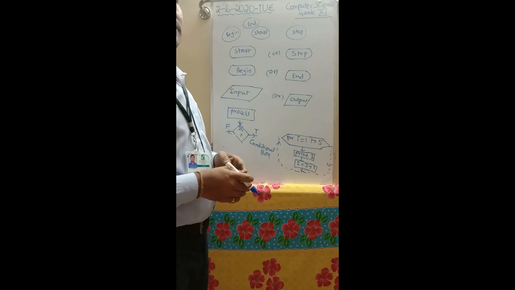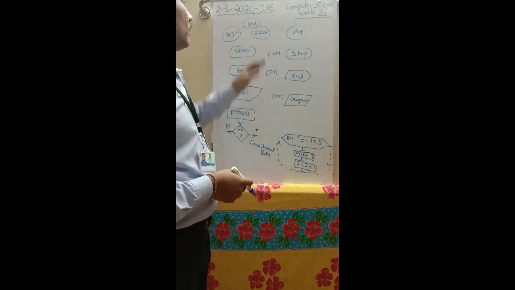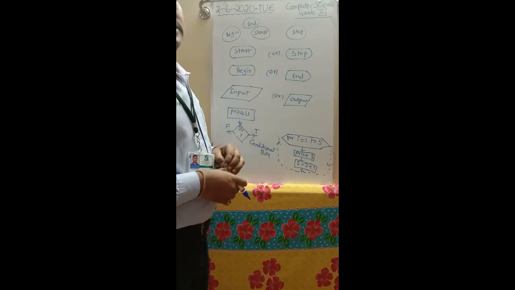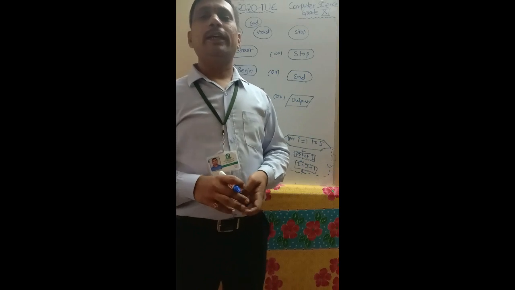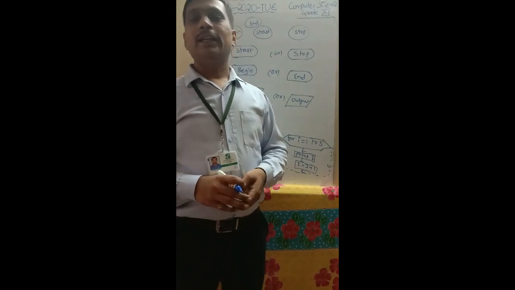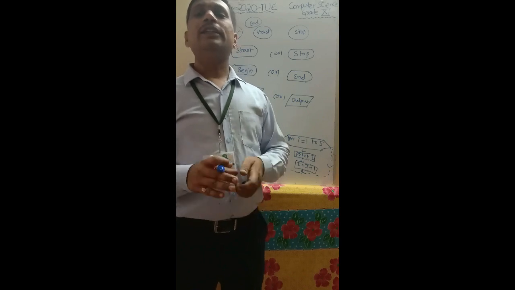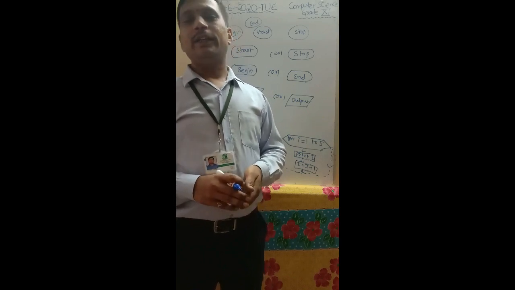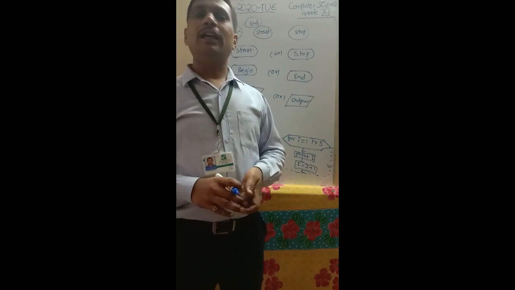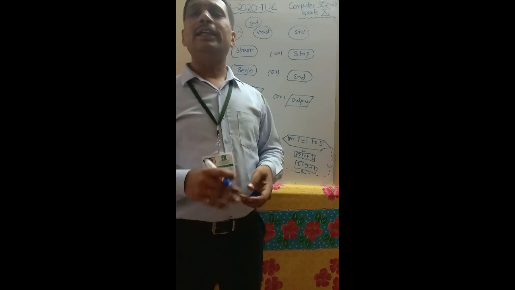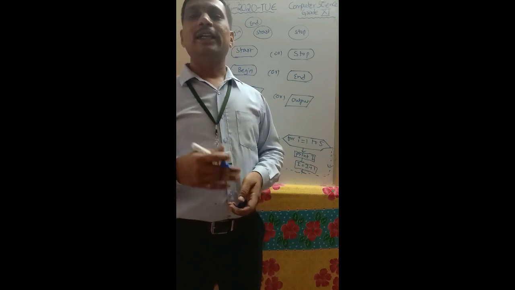An algorithm is a sequence of steps. Those steps can be constructed in a design manner by using graphical symbols. Okay, so this is today's class. In the next class we continue the remaining topics: what is meant by compiler, what is meant by interpreter, the difference between compiler and interpreter, and different types of languages: high level language, low level language, middle level language. All these basic concepts and definitions are discussed in the next class.